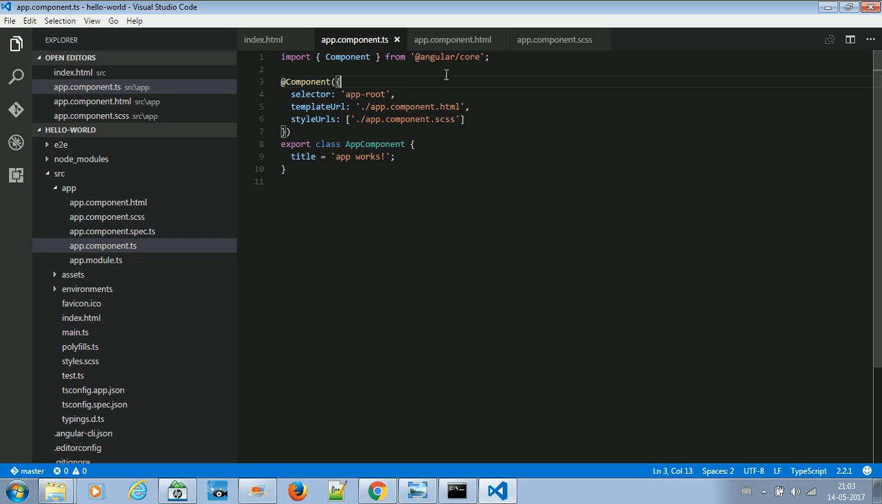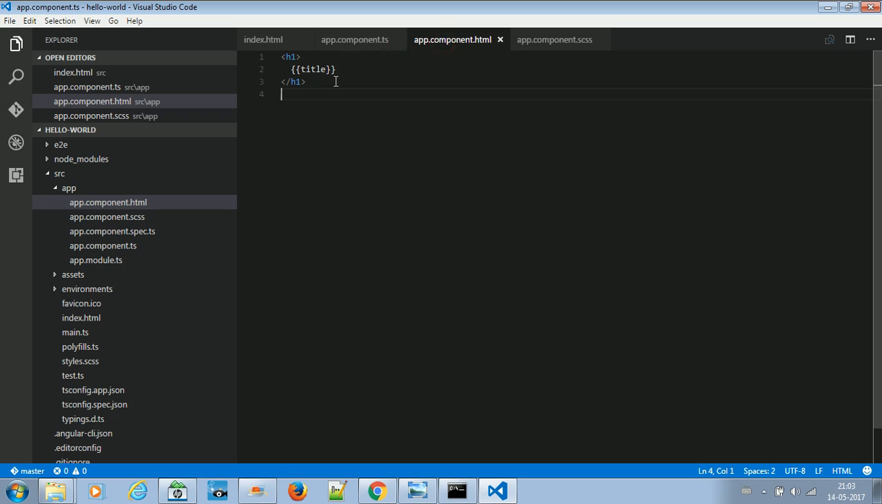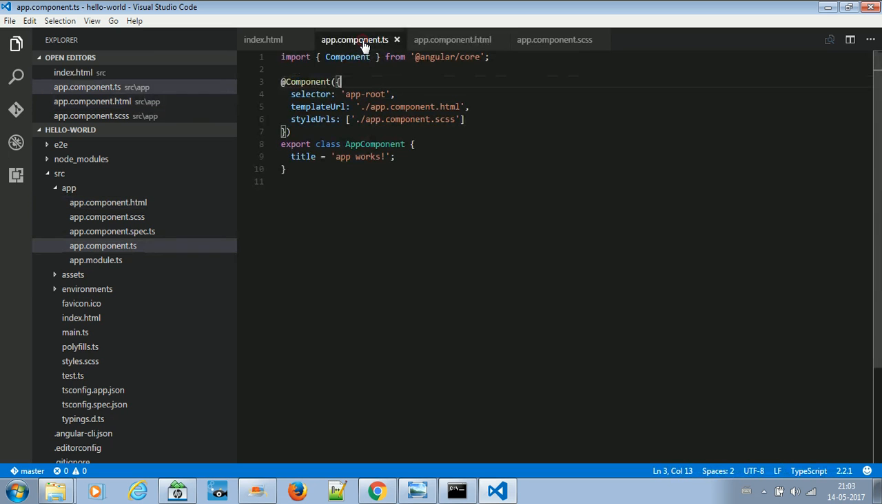So it is component.html, which we have seen. It contains nothing but just an h1 tag with a title variable bound to it, and this binding is called interpolation. And styleUrls to style it further. Okay, and the value of the title, we have given a hardcoded value for now, which says app works. Okay, now let's come back